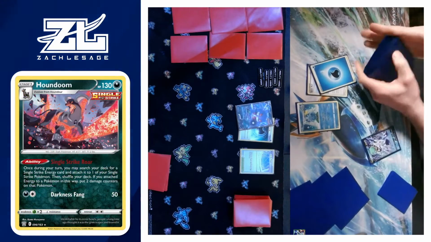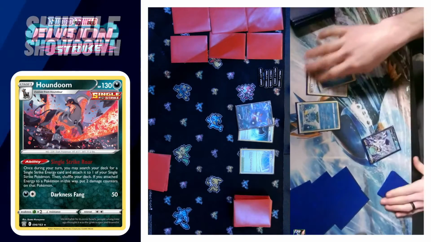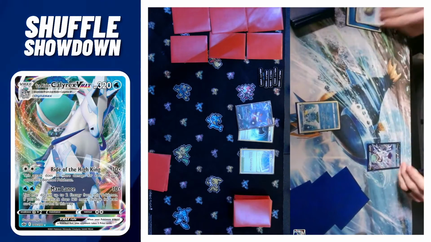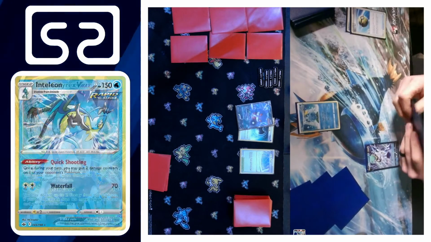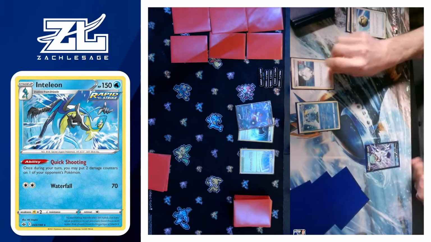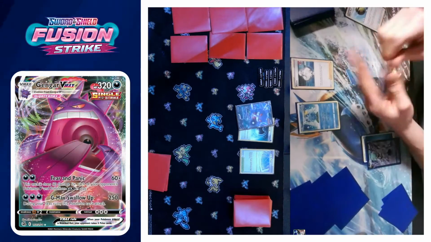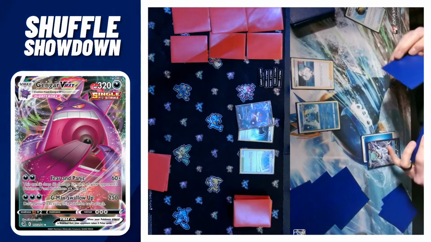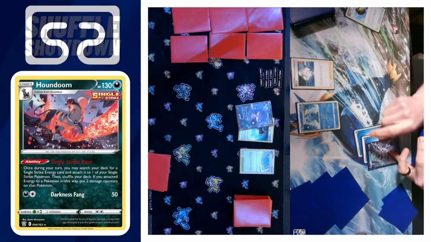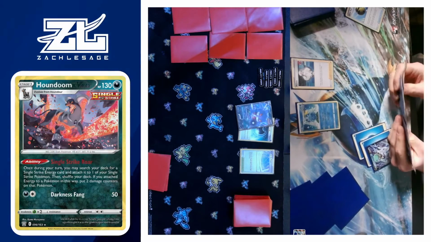Yeah, looks like Reshuffle. I still feel okay. Just play down a bunch of Pokemon V and VMAX. Yes, that's what I'm trying to avoid here. So I'm going to use Melanie here and attach to the Ice Rider. Draw 3, 2, 3. It's okay. I'll manually attach to the Ice Rider, and then